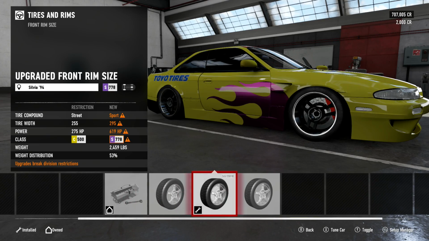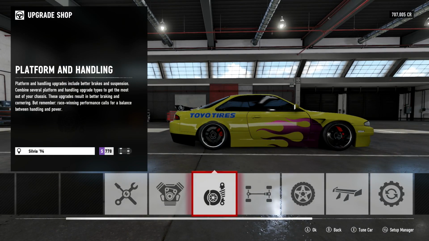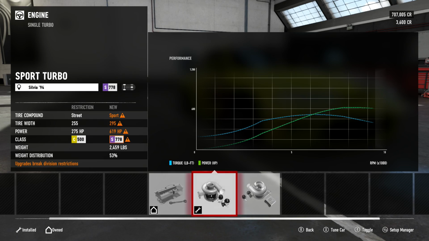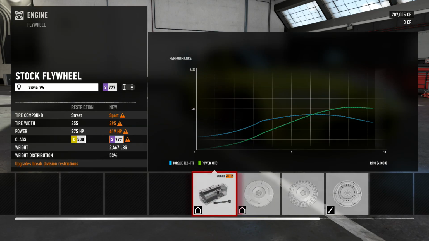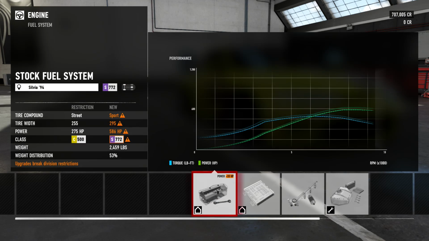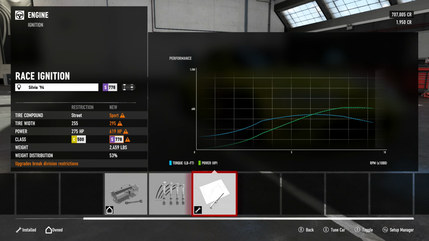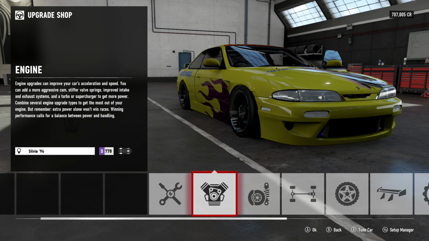What size tire do we have on here? Or rim? 18s front and rear. Fully upgraded drivetrain, fully upgraded platform and handling, and I believe fully upgraded SR20 in here. I know all that was fully upgraded. The turbo, oh, sport turbo, and then I'm pretty sure everything else is race, race, and race. Yes. So everything else is, let me double check, race, bringing us to just over 600 horsepower. 619, yeah. It's a little bit excessive, but